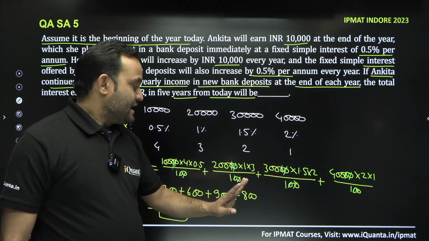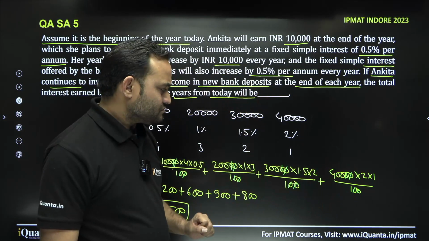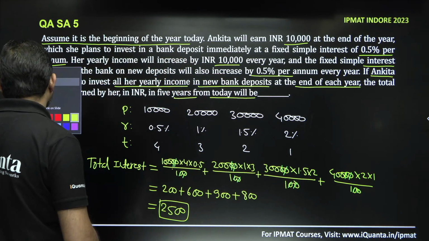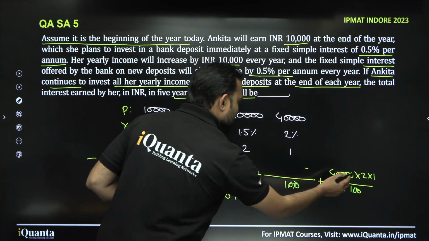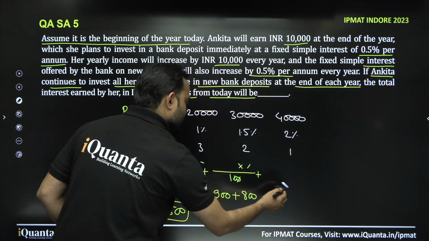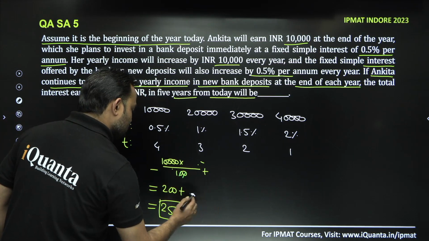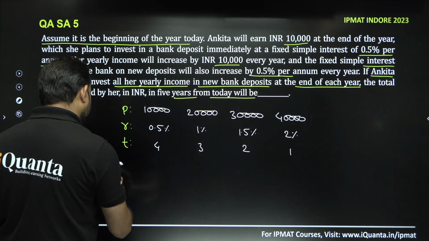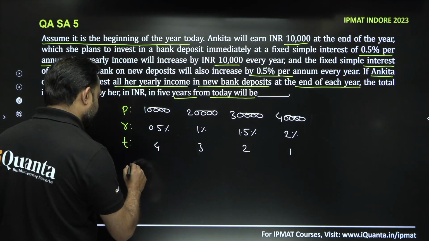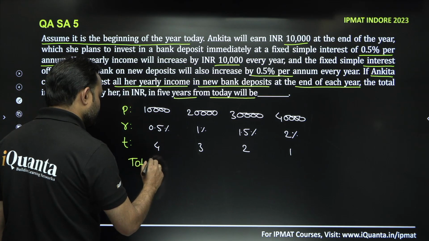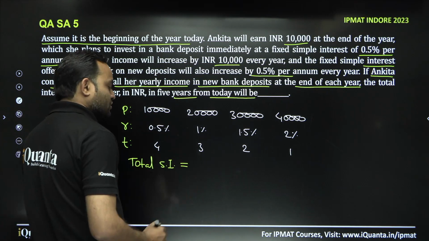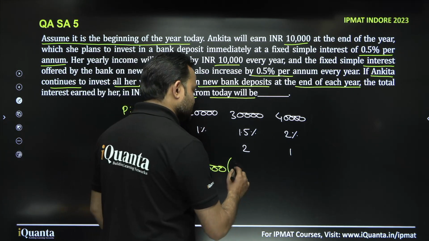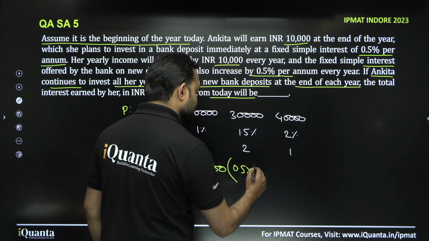Now, ये हमने पूरी की पूरी कैलकुलेशन की है ना, but if I will have to solve this question, how I will solve it? Let me tell you that I will forget all this. I won't do all these calculations. मैं ऐसा करूँगा कि जो प्रिंसिपल है वो तो 10,000 है ही, ठीक है. सो टोटल सिंपल इंटरेस्ट, ओके. सो 10,000 है. रेट ऑफ इंटरेस्ट इनिशियली कितना था? 0.5. कितने टाइम के लिए? सो 4 ईयर्स के लिए.